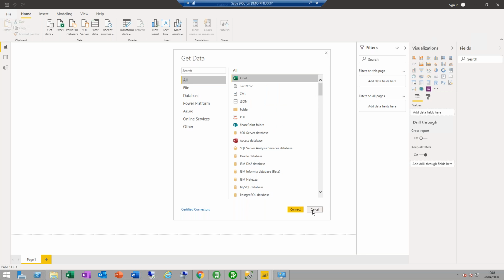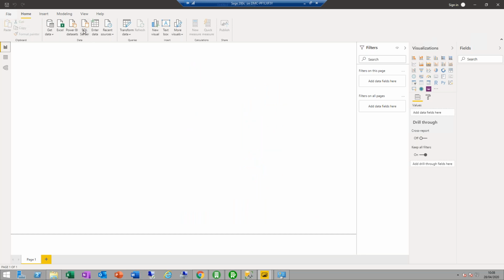So if I close out of this window, there is just a button at the top here that will allow you to connect straight to the SQL Server. So these bits are a little bit technical. For a normal Sage 200 user, this is maybe something you won't do. You may need IT to get involved. So with setting this up to get the data in, you may need IT to get involved to assist you,